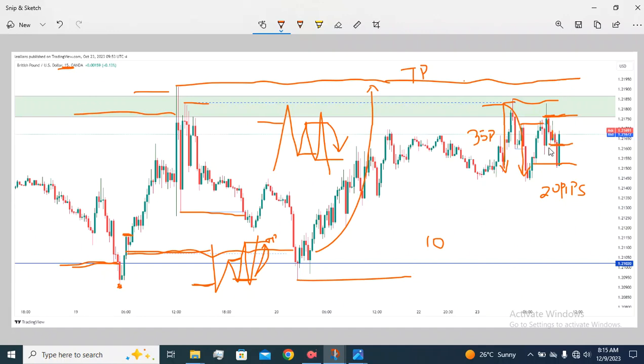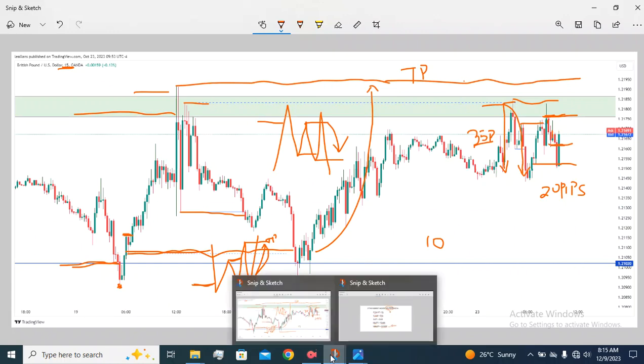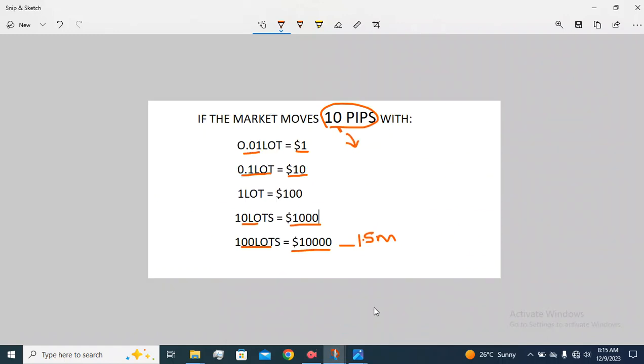Catch a few pips with a proper lot size, and you are good to go. That is good. And if it were 35 pips using lot size 10, let's see that. 35 pips using lot size 10, ten lots, will have earned you